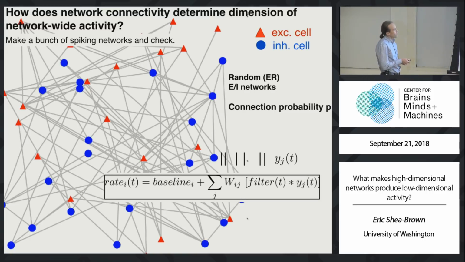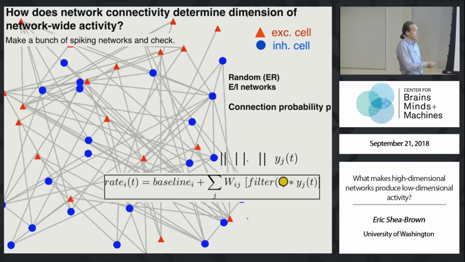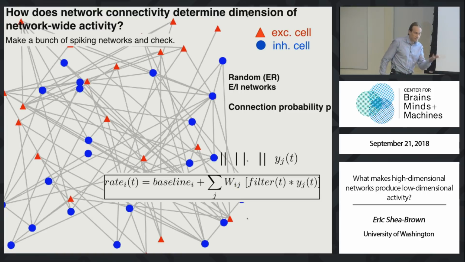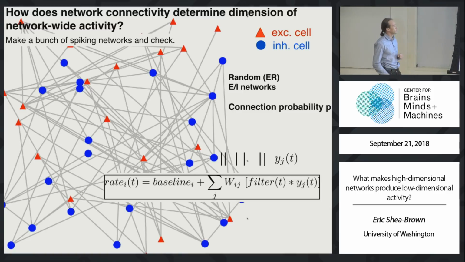What are the dynamics? Well, this is a spiking network producing spikes, like you can see here. And the cells are spiking in this model as inhomogeneous processes that instantaneously have a firing rate, a chance of emitting spikes in some small time bin, which is some baseline level, modulated by all the other spikes in the system through a connectivity matrix, Wij. So this is my simple model for spiking networks. Cells are spiking at random, and they're impacting each other's firing rates through the key object of study, W, in the entire talk, right, which is the connectivity matrix or the wiring diagram of the circuit.